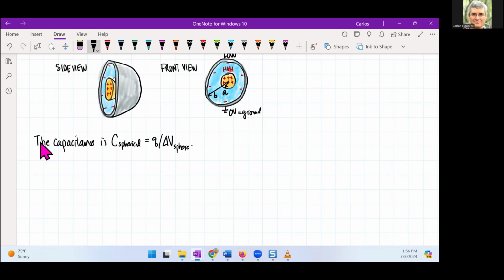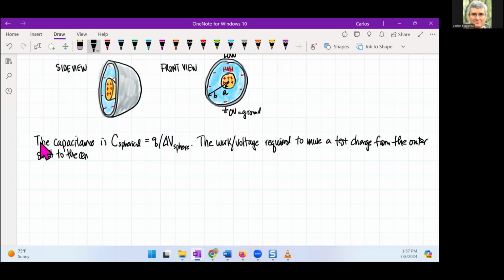So to get the voltage, we then say that the work per charge, the voltage, required to move a test charge from, I don't know, from the outer shell to the center is,